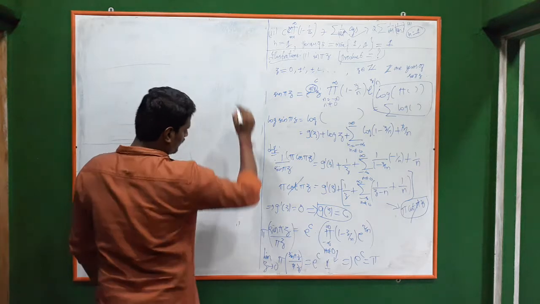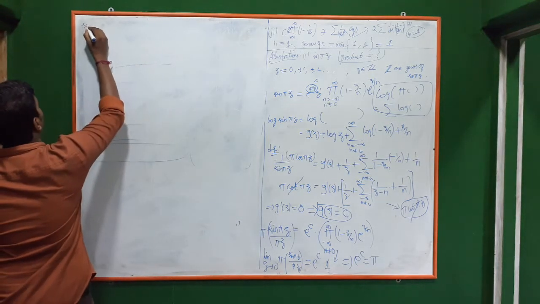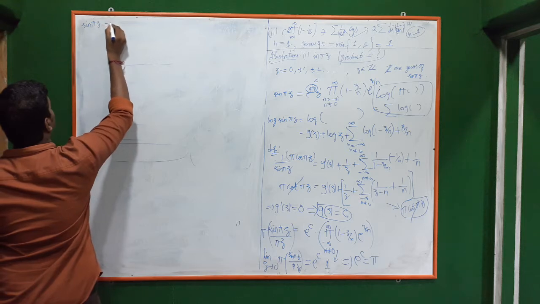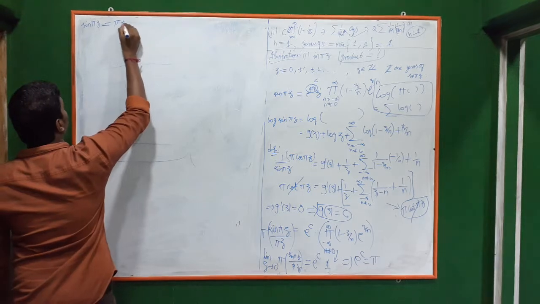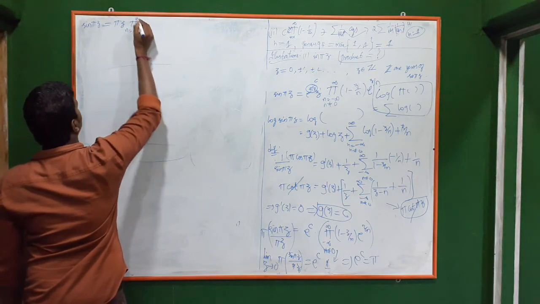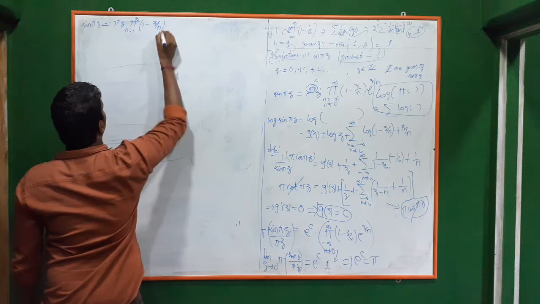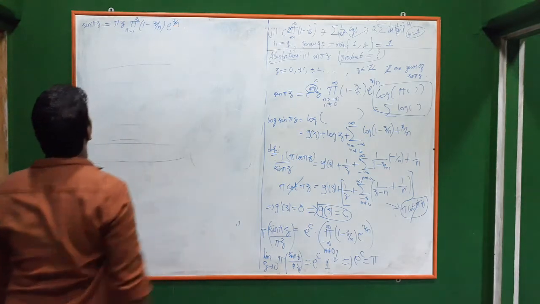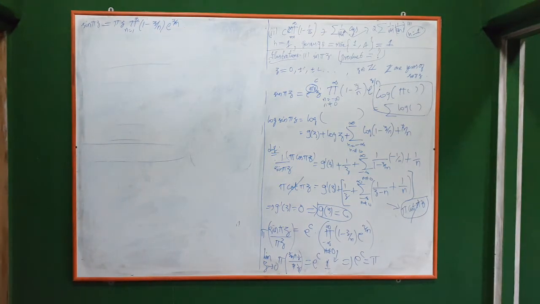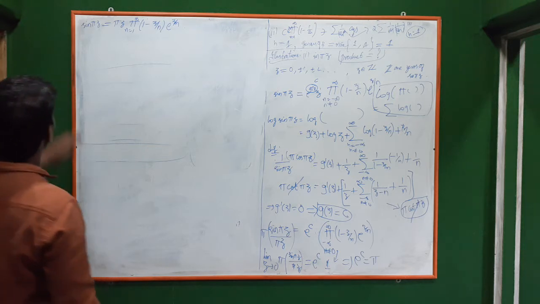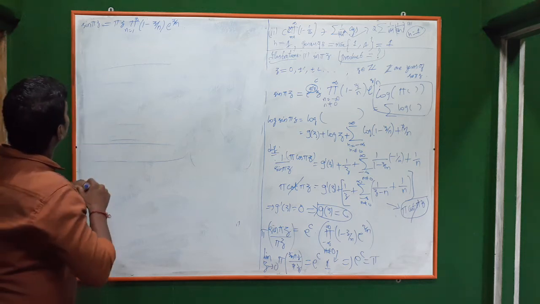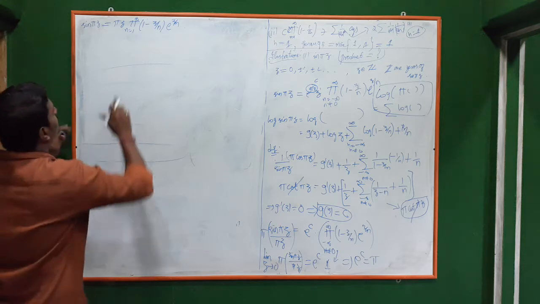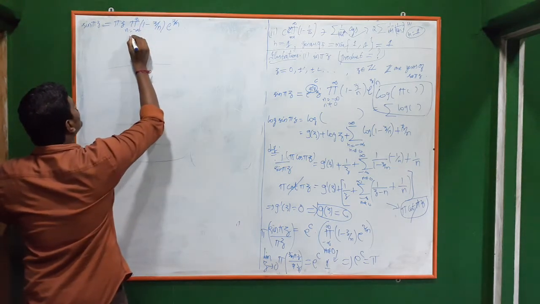So finally we have got that sin pi z is e power c into this, and e power c is pi. So pi z into the product n from 1 to infinity of 1 minus z by n, e power z by n. Clear? So this is the representation for sin pi z. The product is from minus infinity to infinity, n not equal to 0.